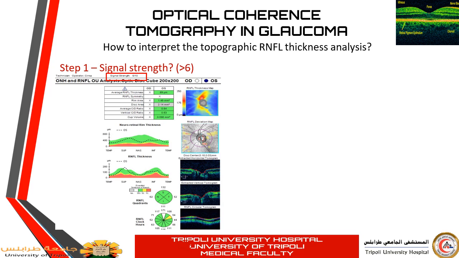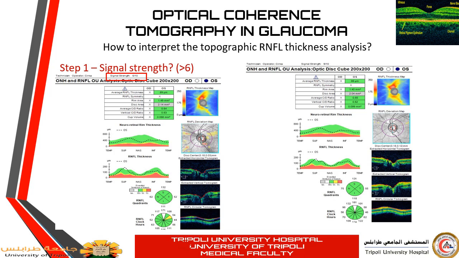And when you look at the deviation map below it, there are also red and yellow superpixel colors, which also indicate abnormality. When you look at the neuroretinal rim, there is also depression, and the nerve fiber layer is thin, so there is abnormality. All these findings will give you what's called a false positive, which is the red disease. But actually, because of the poor quality of the image and poor signal intensity, this patient has this